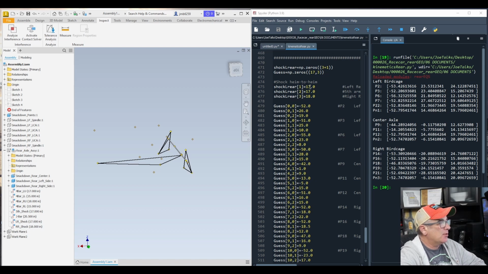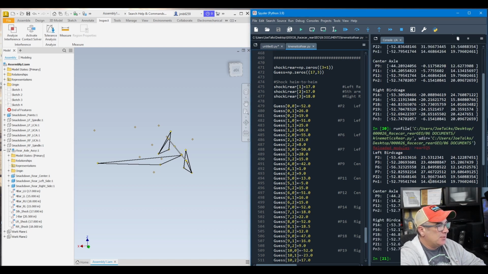So if we look over here in our model, I've got all those values set. I've got the left rear set at 17, the 5th arm at 17, and the right rear at 18. So if I run that here,